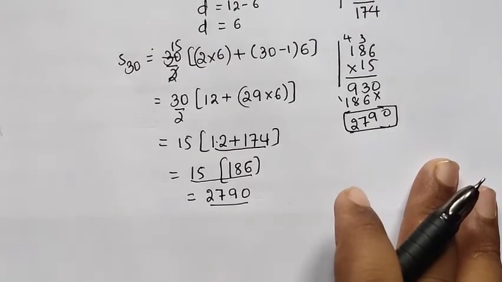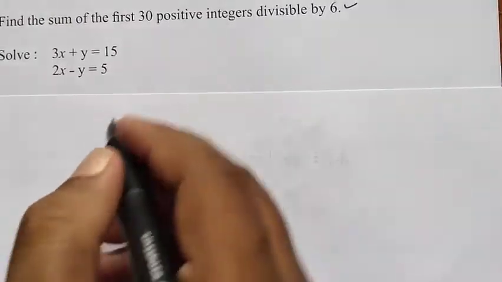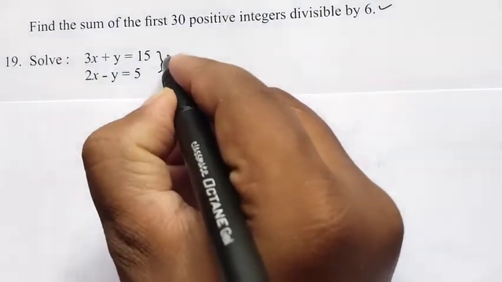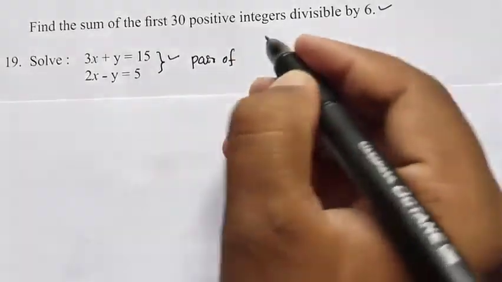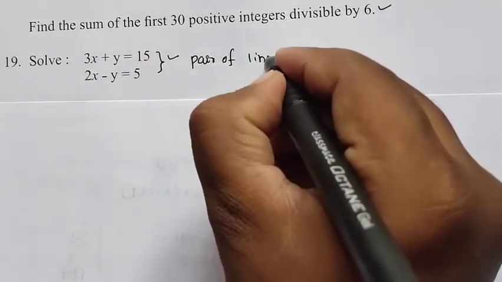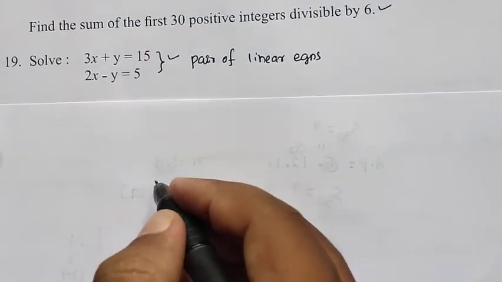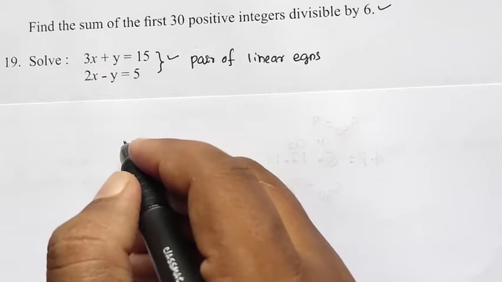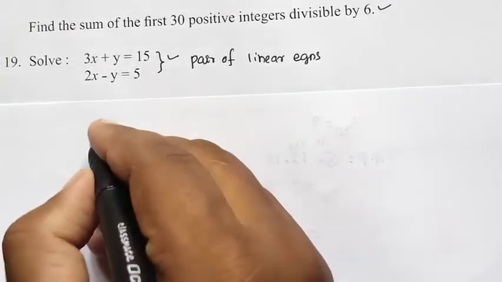अभी हम सॉल्व करते हैं नेक्स्ट प्रॉब्लम। यह नेक्स्ट प्रॉब्लम आप देख सकते हो 19th वाला क्वेश्चन। सॉल्व, ये दो इक्वेशंस दिए हुए हैं यहाँ पर, जिसे हम कहते हैं पेयर ऑफ लीनियर इक्वेशंस। लीनियर का मतलब होता है जिसकी हाईएस्ट डिग्री 1 हो।